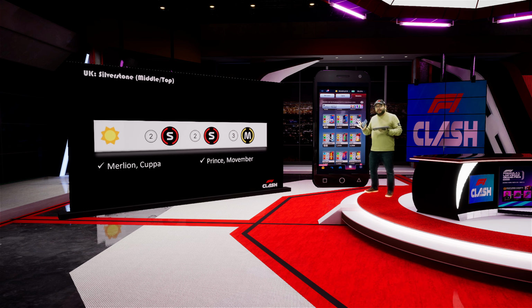But if you are in the middle or at the top of the grid, this is the best strategy to go. 2-2-3 medium, soft, medium, of course, and the exactly opposite, medium, soft, 3-2-2. Here, mainly boosts like Street Shark, Firework, speed boosts are better than other boosts, but of course we can always use